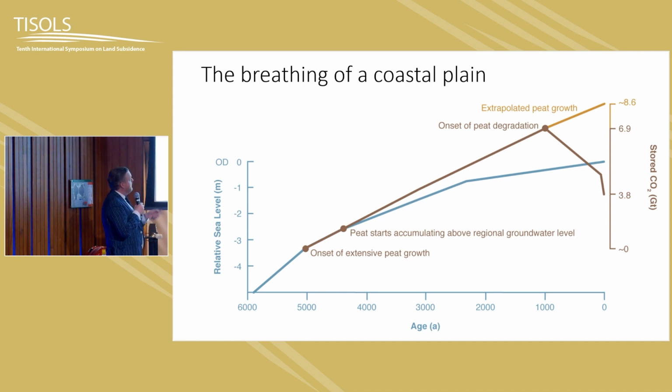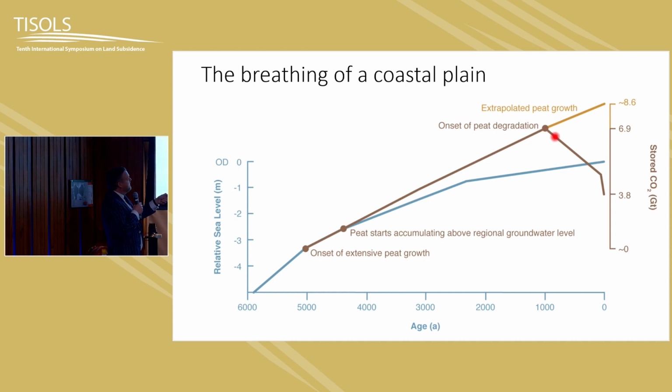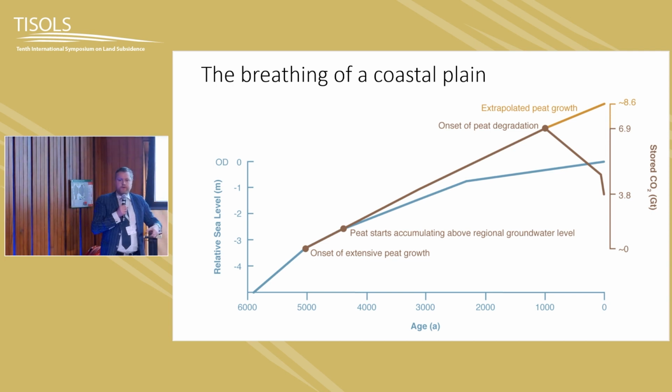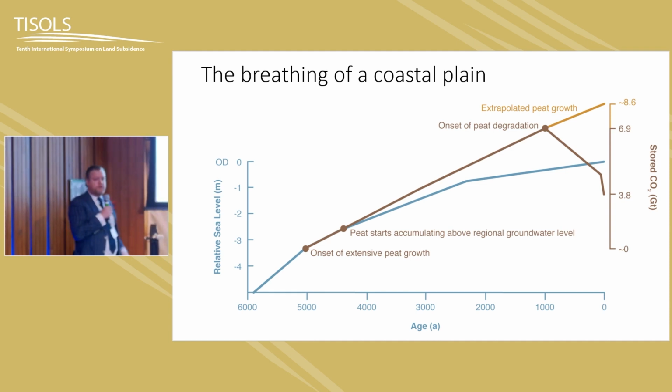And in the end, it says above here, 1,000 years ago we had 6.9 gigatons of carbon stored in the Dutch subsurface in the peat. If we wouldn't have drained the peat then, we may have got 8.6 at some point in time. But instead we drained the peatlands, and then we lowered our carbon stock. This is all emission, and now we have 3.8, so about half of the 6.9 is still left in the subsurface. So half of it is gone, the other half is still here. Of course, the big challenge to combat climate warming is to keep as much as possible of that half that's still there also in the subsurface.